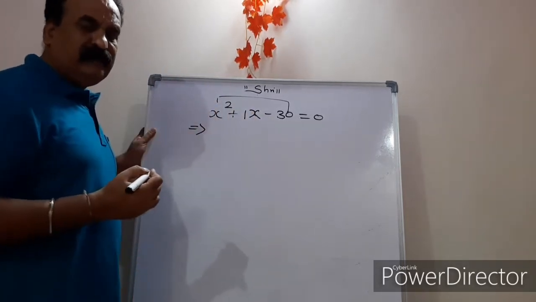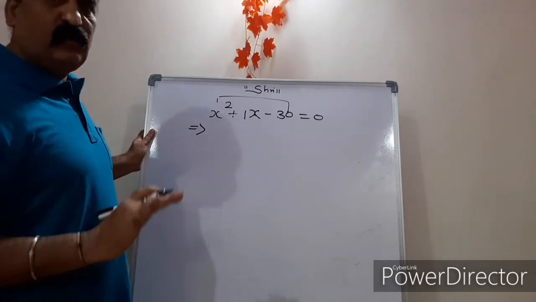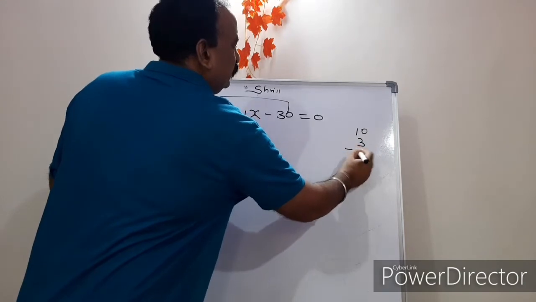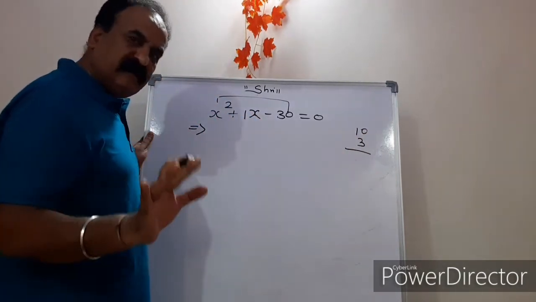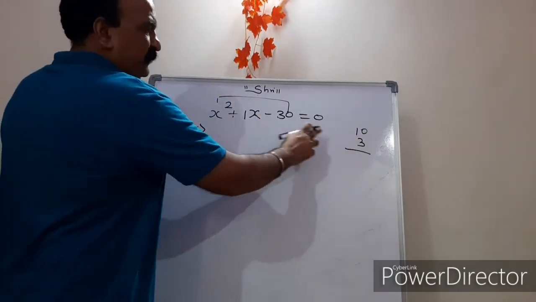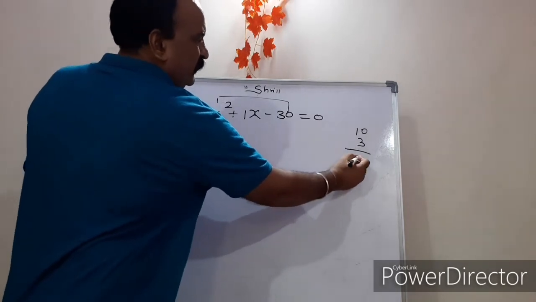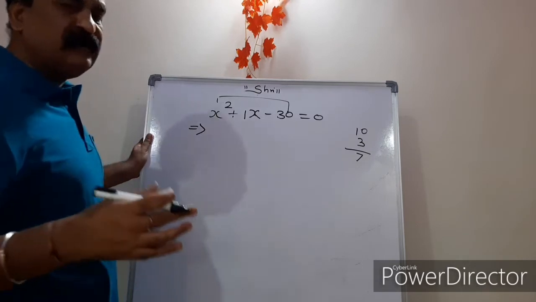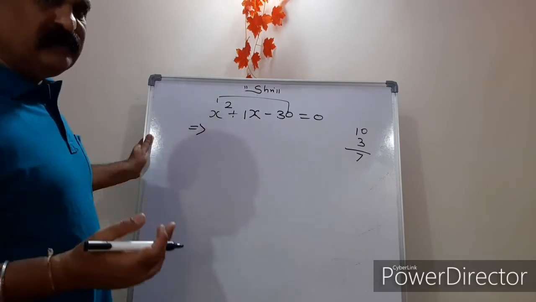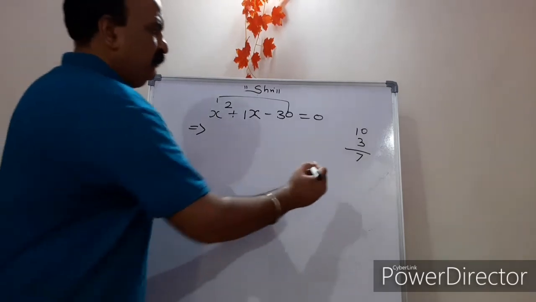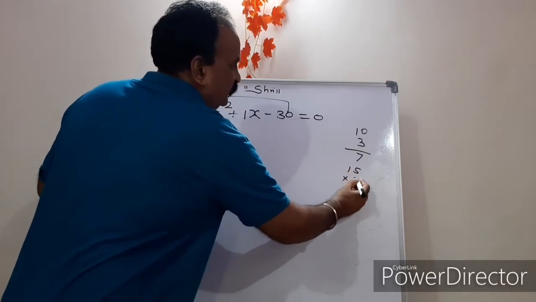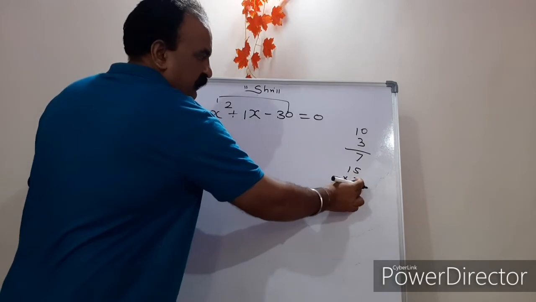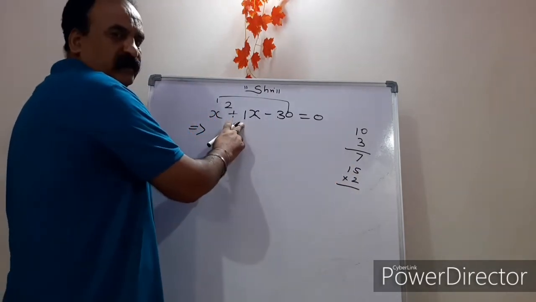Now somebody will tell me, sir, 10 threes are 30. Okay, 10 threes are 30. This is 10 and this is 3. 10 into 3 is 30. But if you subtract 10 minus 3, it means 7, which you don't want here. Now you can tell me the other numbers. Somebody will tell me, sir, 15 twos are 30. Okay, 15 and this is 2. So 15 twos are 30. But if you subtract 15 minus 2, 13, which you don't want here.